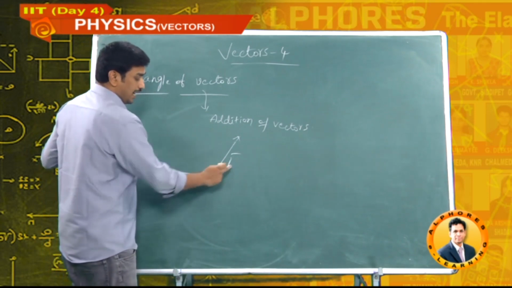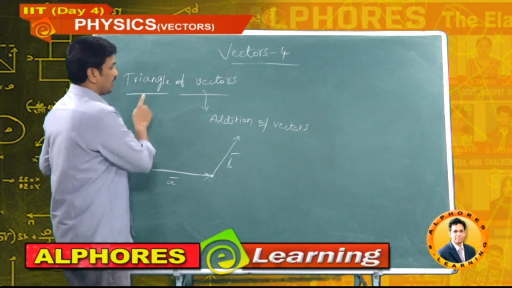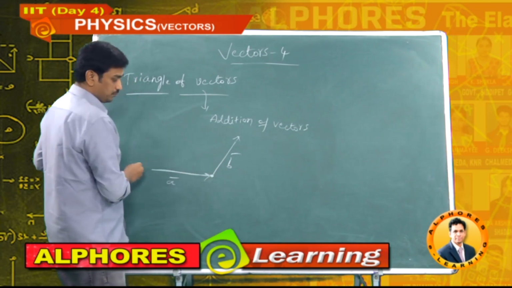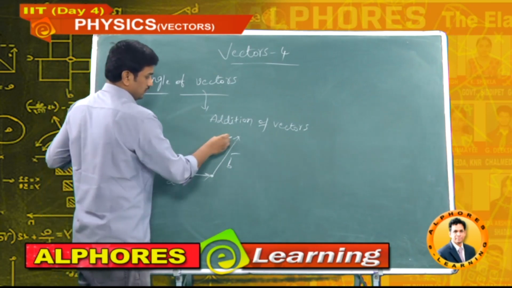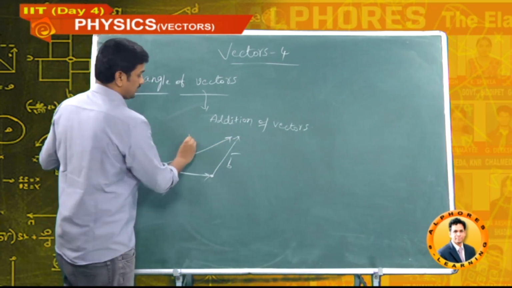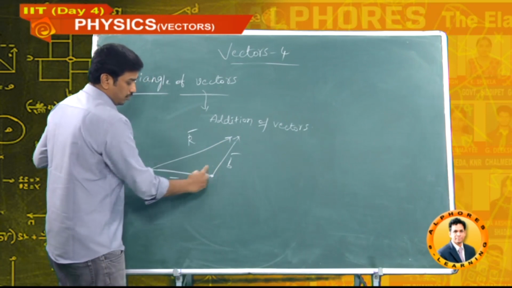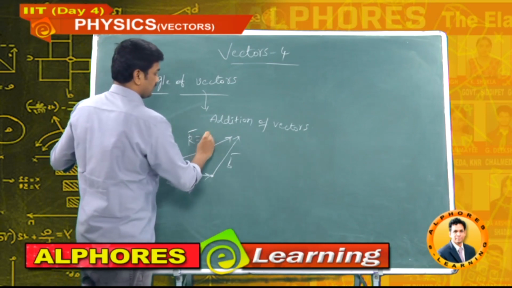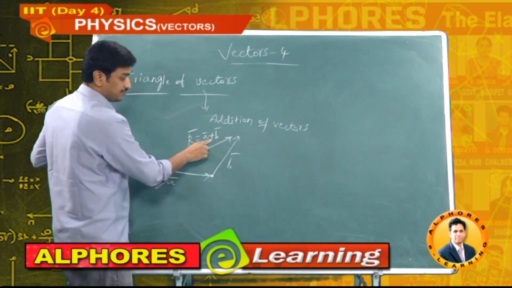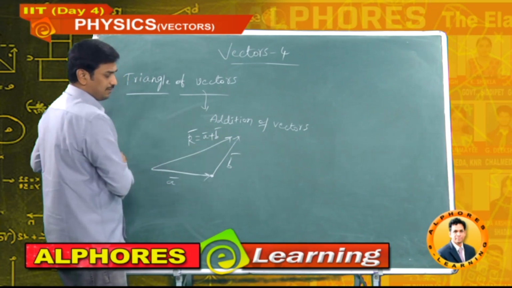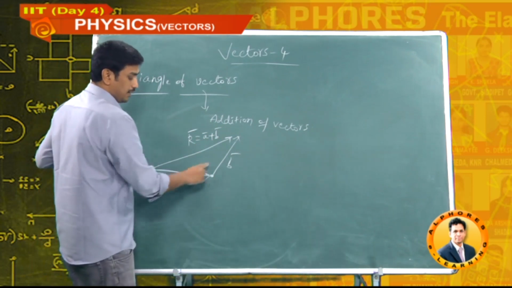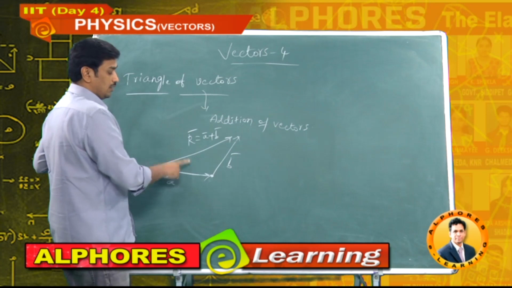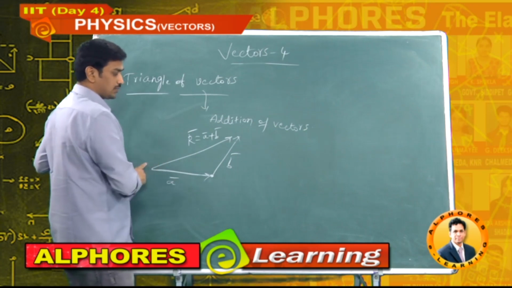A bar and B bar we are adding because the head is connected with the tail. According to the triangle law, A bar and B bar are two sides of a triangle, and the resultant is the closing side of the triangle. This is R bar. A bar and B bar are two sides of the triangle and the closing side is the resultant, which is A bar plus B bar, the addition of two vectors. Once again I will give you the statement: A bar, B bar are two vectors representing two sides of a triangle, and the resultant of A bar and B bar is the closing side of the triangle.